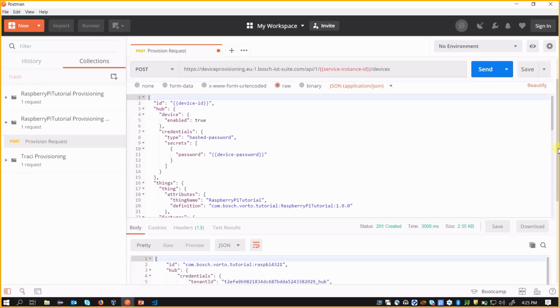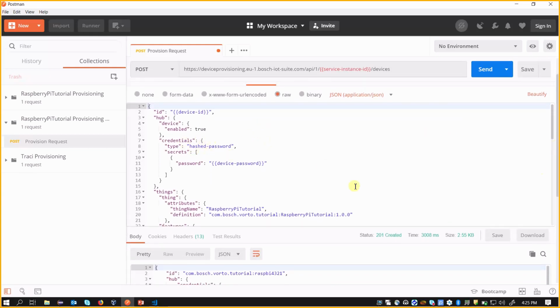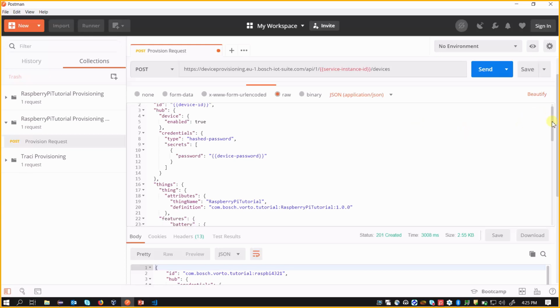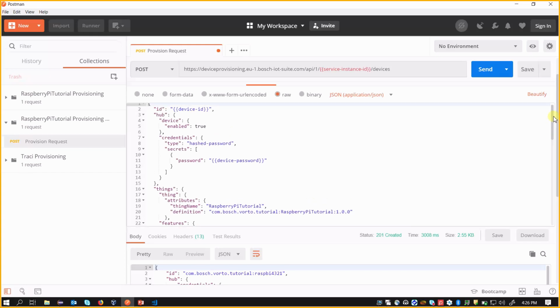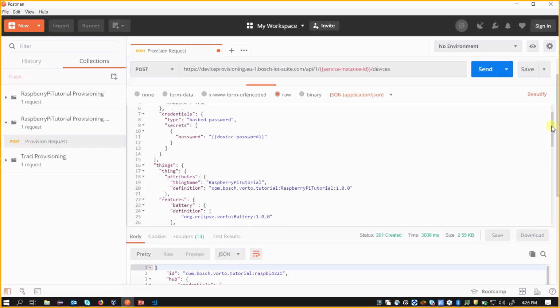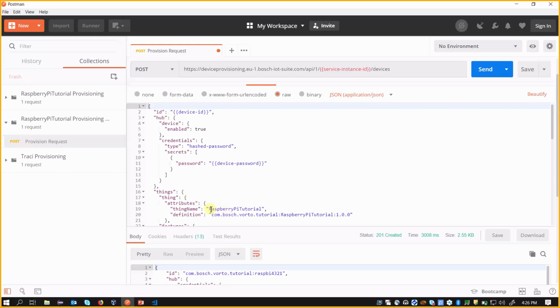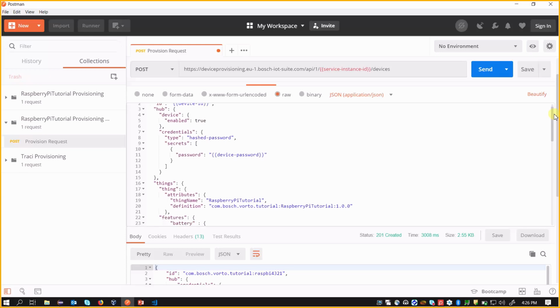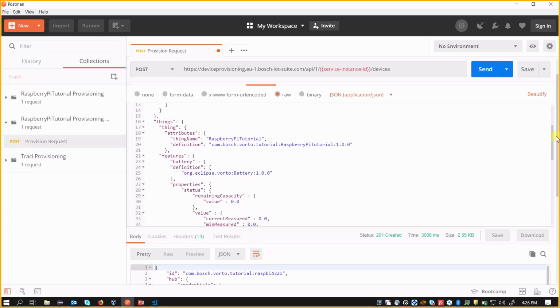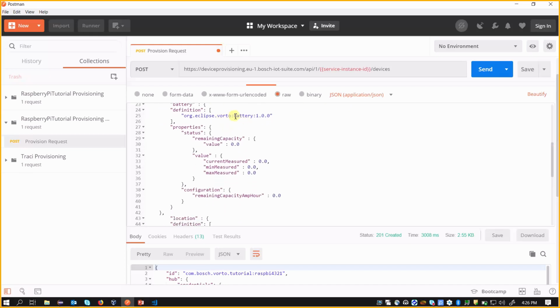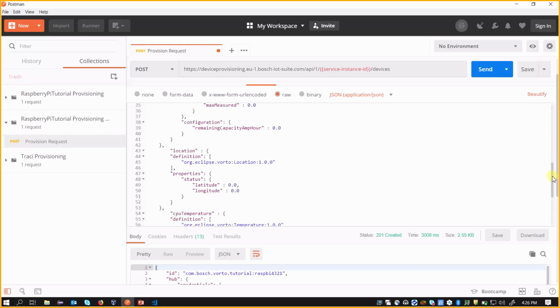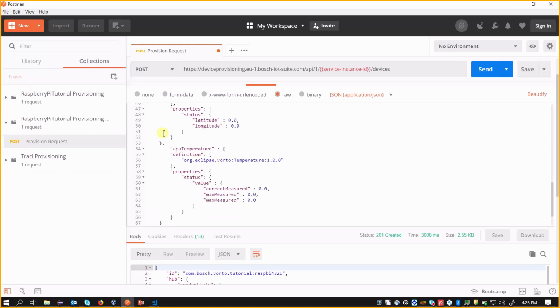The body of this request, so what this device provisioning is actually doing, it is sending some predefined, some generated model or some JSON representation of our Vorto model, our Vorto information model. If you look at it a little bit closer, here we can see our thing name is Raspberry Pi tutorial, our namespace is set, we have a password set, and if we scroll down a little bit further, we can see the features here. One was battery, we still remember that, location, and temperature. And our temperature is even called CPU temperature, as we did in the Vorto model. So what we do when using this device provisioning, we just send some predefined Vorto model to the endpoint, add some